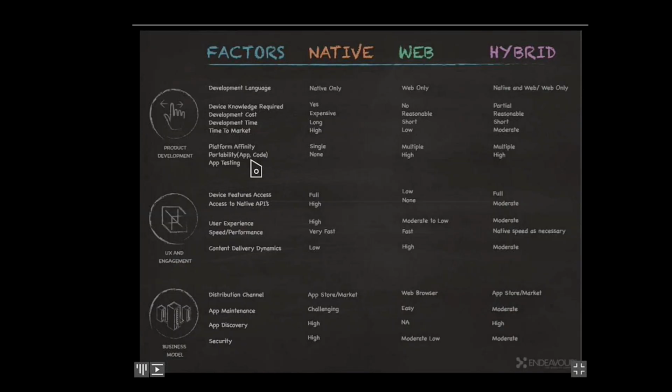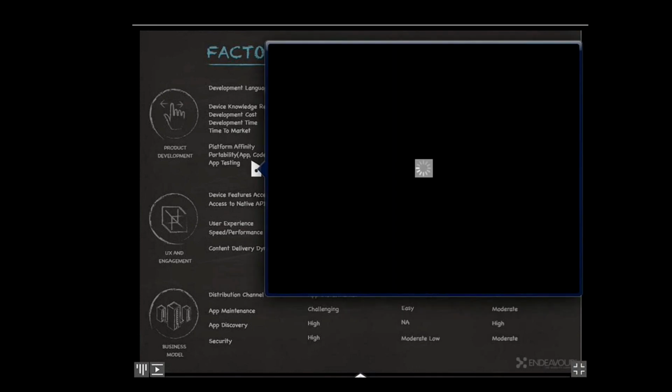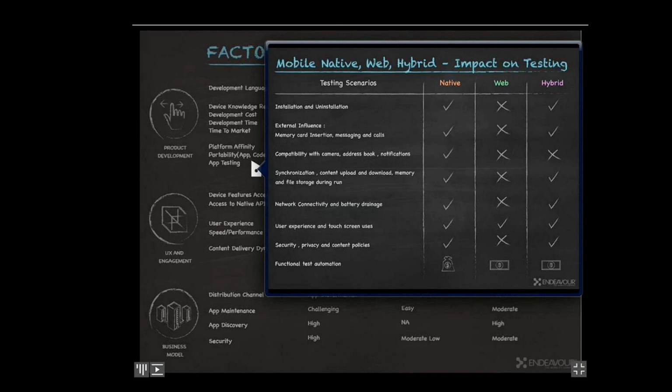Thank you, Tom. Now, with native, web and hybrid application understanding we just learned, let me just recap everything here. This slide actually talks about a lot of points, but to summarize, the native applications are more platform affinity, portable and development cost-oriented applications, whereas others are not. Now, with these points, I want to specifically emphasize the testing process or impact of testing for mobile native, web, and hybrid applications. Ideally, as far as testing is concerned, hybrid and native apps behave much similar.